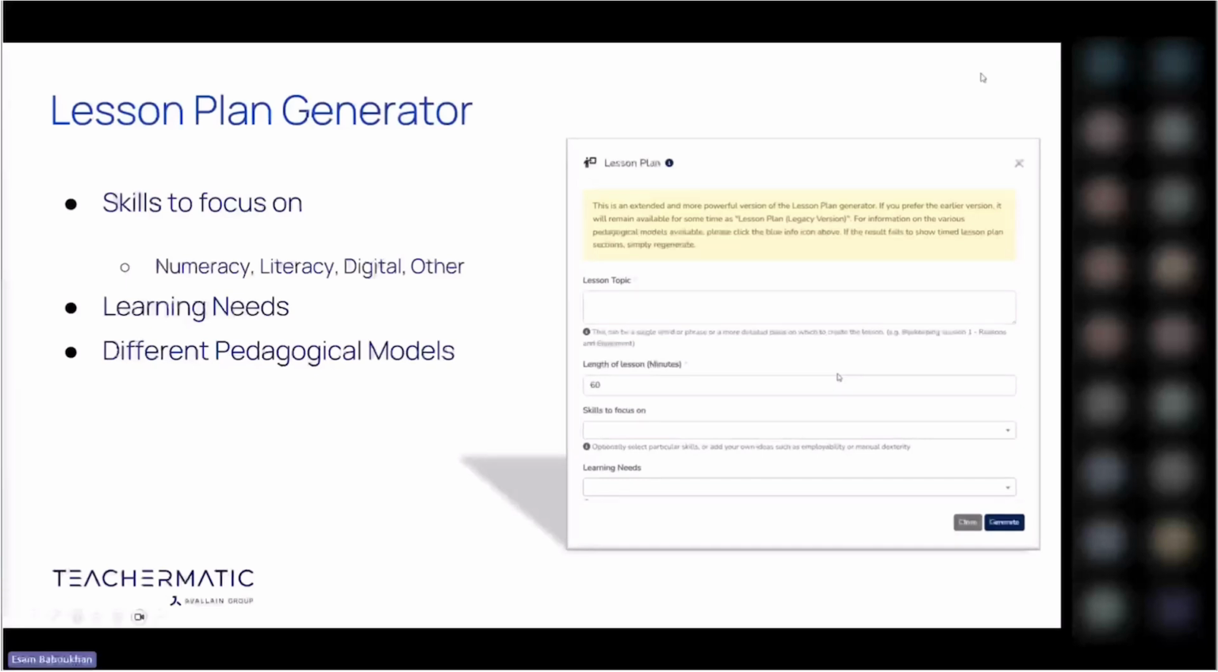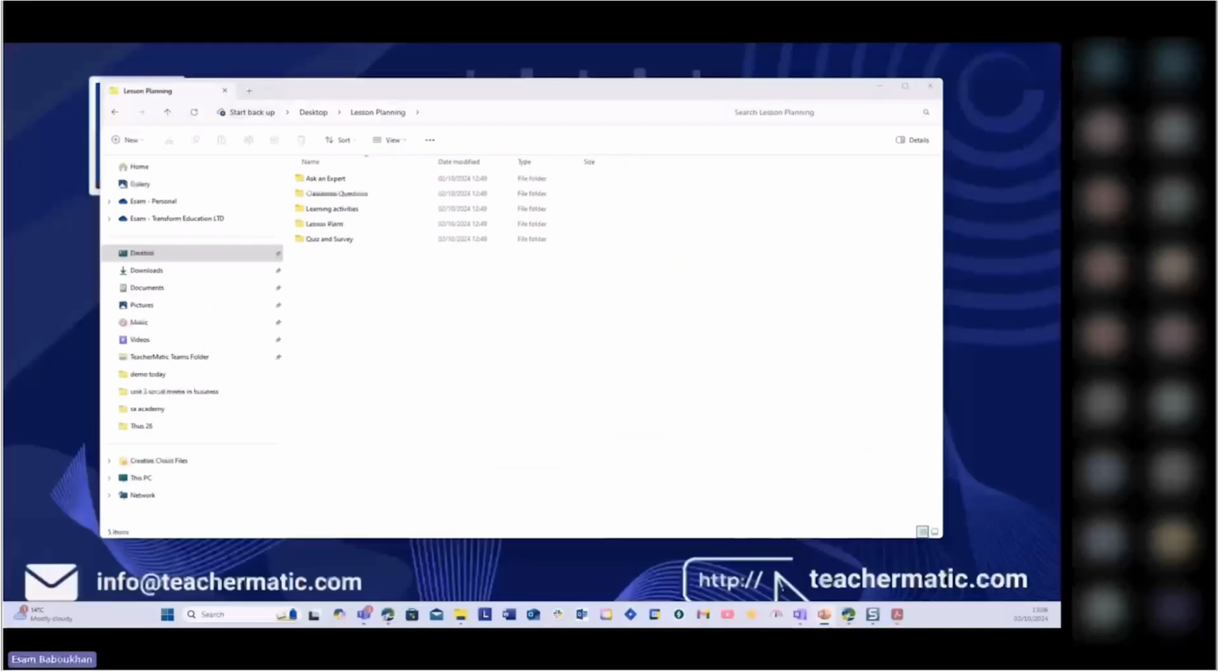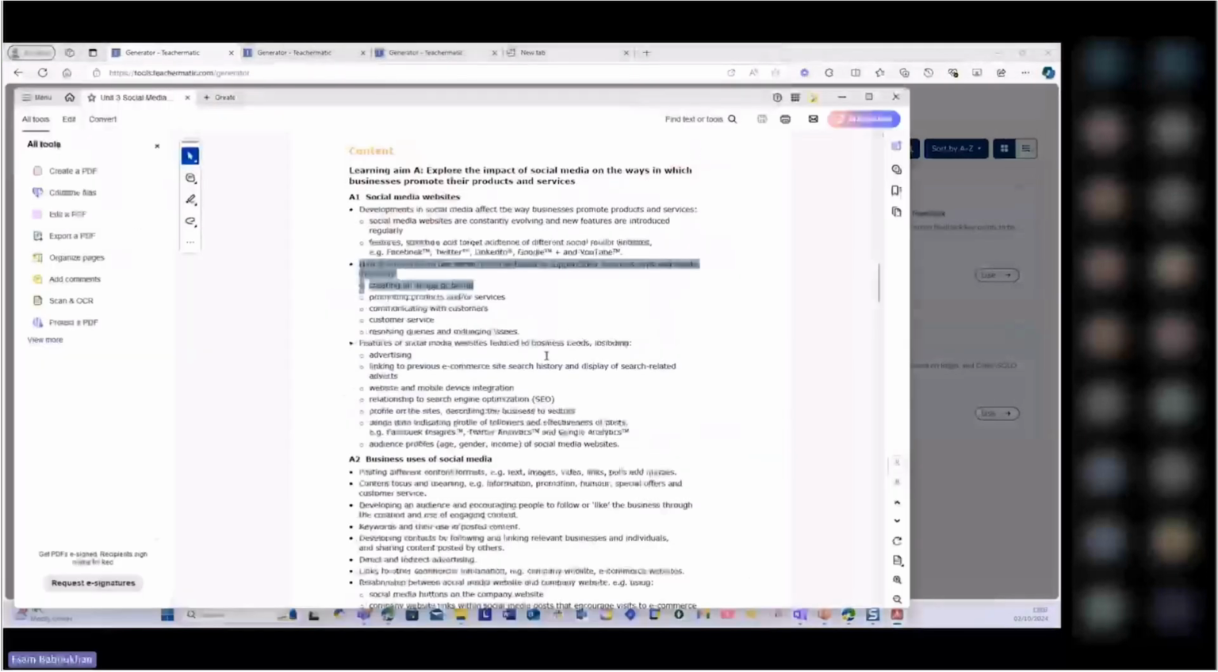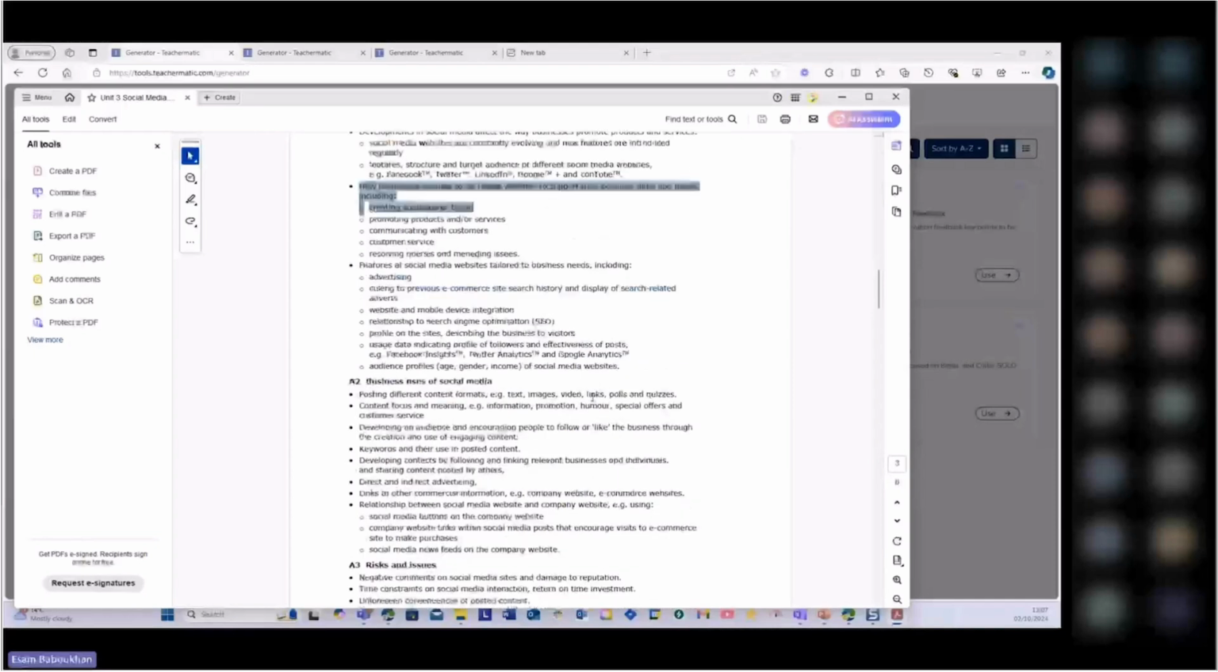So with that being said, let's just jump into one of the generators, and that's what I'll do. My recommendation here is that what you should do is get your unit specifications that you teach. I used to teach the Unit 3 Social Media and Business. So what I would do is open up these unit specs, and because I know this unit very